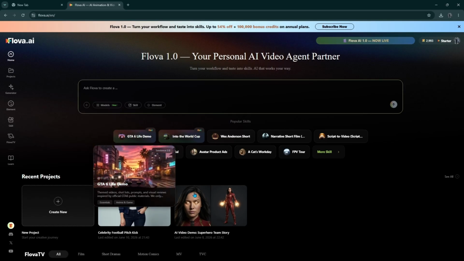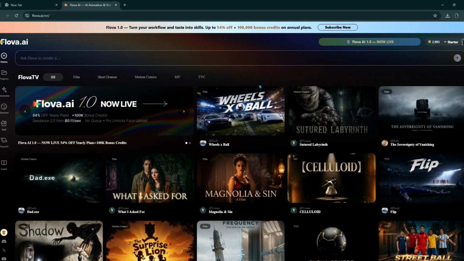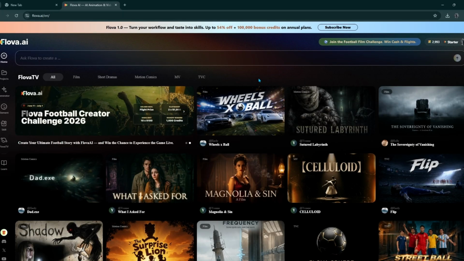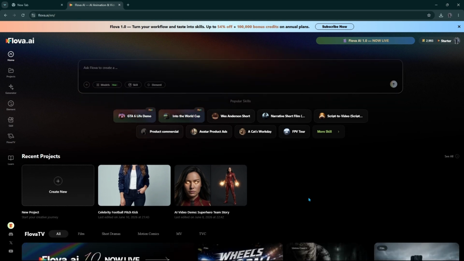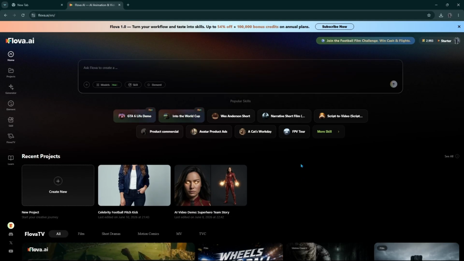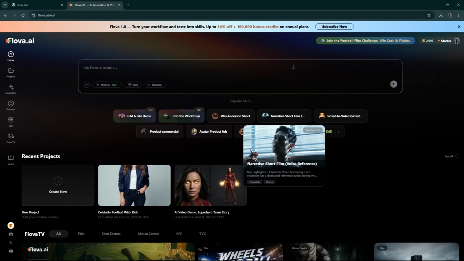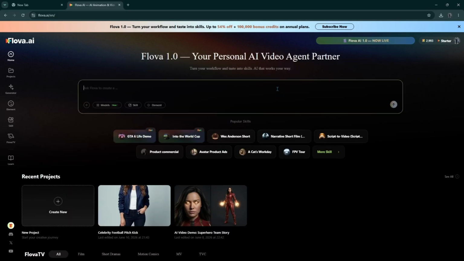You can see it has space for films, short dramas, motion comics. You can actually create full productions using this. That's not an exaggeration. And the reason it works is because everything is built for one workflow instead of jumping between platforms. One selling point I really like about this platform is that you don't need to be an expert. Creating studio-level content is normally hard because you have to deal with multiple tools, different accounts, spending hours switching between them. But this platform gives you everything in one place.